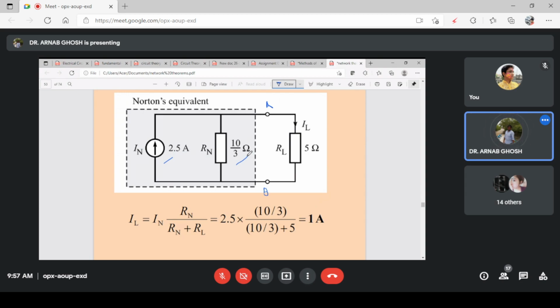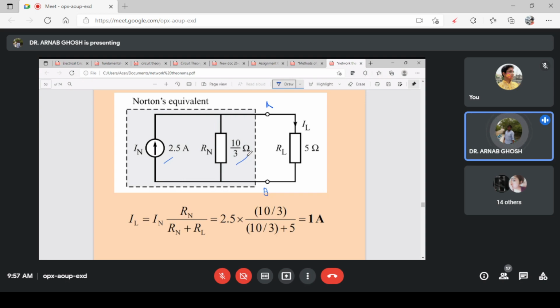That is, the currents are reciprocal of the resistances. So the current across the resistance across which you are calculating the current will be given by the total current multiplied by the other resistance divided by the total resistance, because the currents are reciprocal to the resistances. So this is how you are getting the Norton's equivalent circuit, the Norton's current, the Thevenin's current, as well as the load current. Okay. So first tell me if there are any questions from Norton circuit.